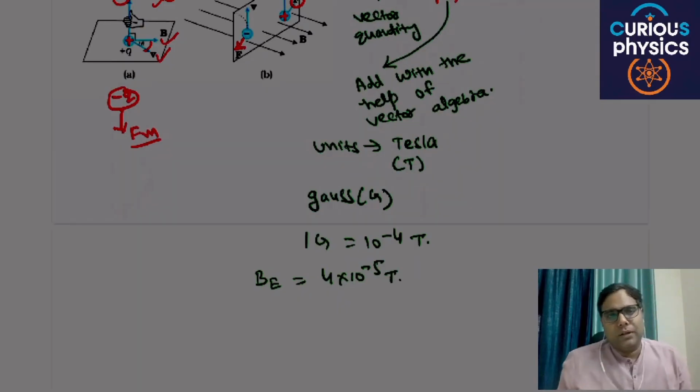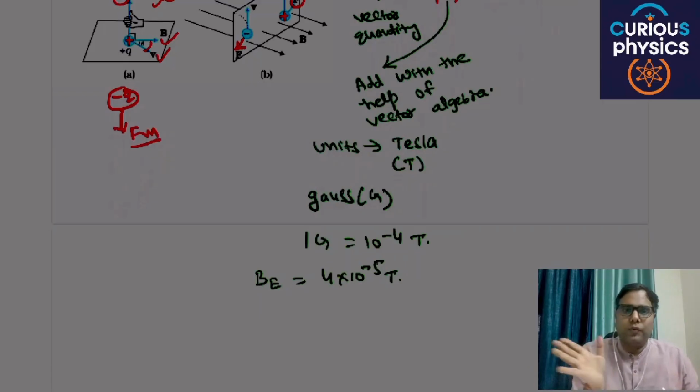These are the basic points that should be in your mind when you are going to study the magnetic field. Okay, this is the basic idea about the magnetic field. Are you able to understand my point or not? The difficult thing we have studied till now is how to find the direction of the magnetic force. So you should practice how to move your hand from V to B: curl your fingers from V to B, and the direction of the thumb will be the direction of the force.